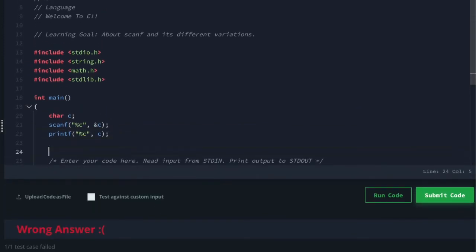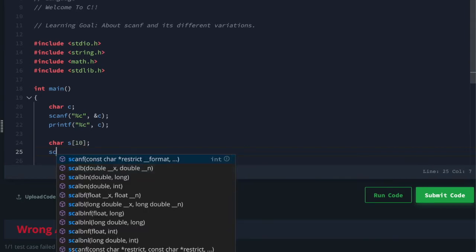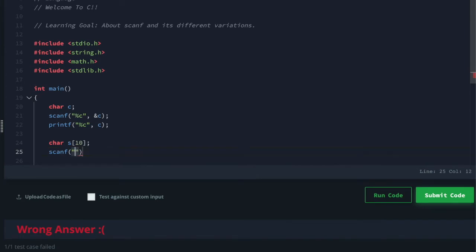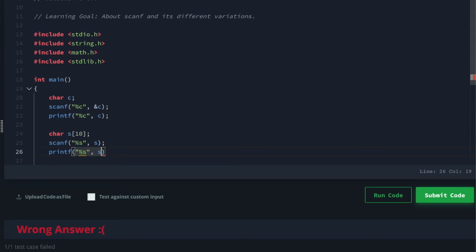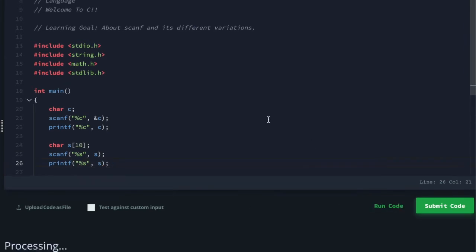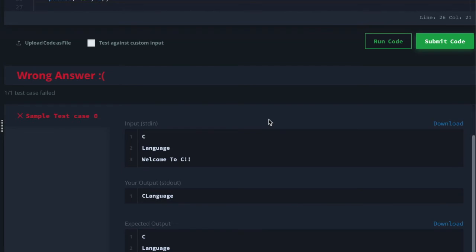Next is the single word, which is of length 8. With the null character included, we should define a character array. Let's make the size of the array 10. Then we will tell scanf, given it's a string, to store it using the %s specifier, and it will store into the variable s. Now when we print this, let's print %s, comma, s, and this should give you the expected output, I guess. Oh no, this does not give it.